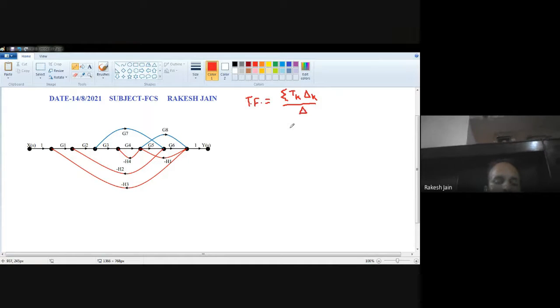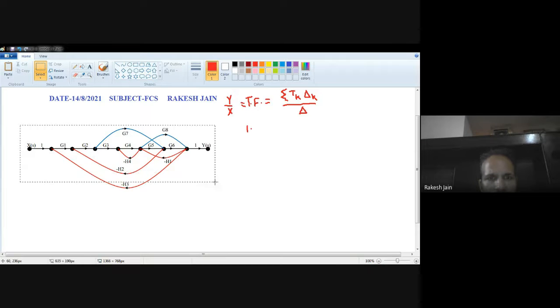Okay, so we have to calculate the transfer function. Transfer function here means the ratio of Y(s) divided by X(s), because Y(s) is the denotation for the output and X(s) is the denotation for the input. So that is Y upon X, or Y(s) upon X(s). Okay, so for this question, what is the first step? First of all, I will copy this image, because after drawing something on it you will not be able to see it correctly. That's why I will paste it again.